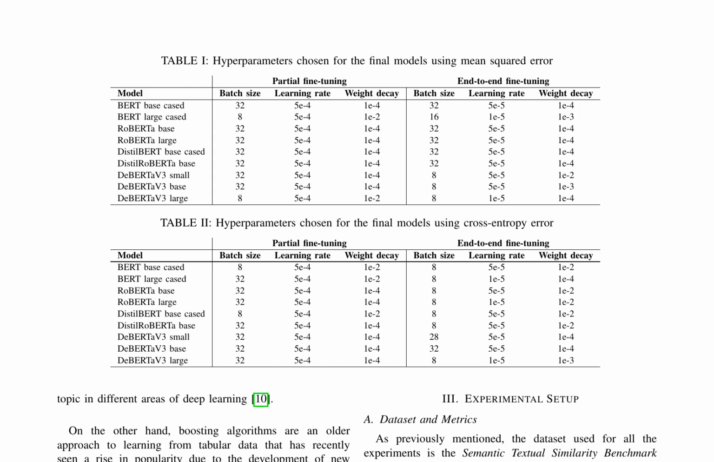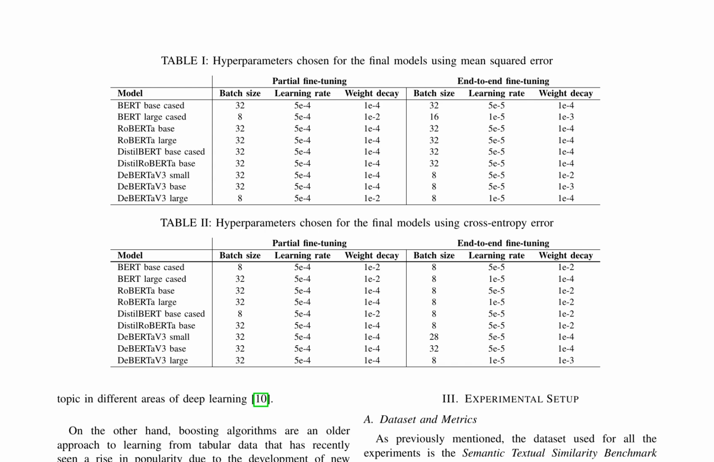The paper discusses the application of deep learning models and boosting algorithms in semantic textual similarity tasks. It highlights the use of pre-trained language models such as BERT, RoBERTa, and DeBERTa v3, which have shown promising results in various natural language processing tasks. The paper also explores boosting algorithms like AdaBoost, XGBoost, and LightGBM for their ability to learn from tabular data and